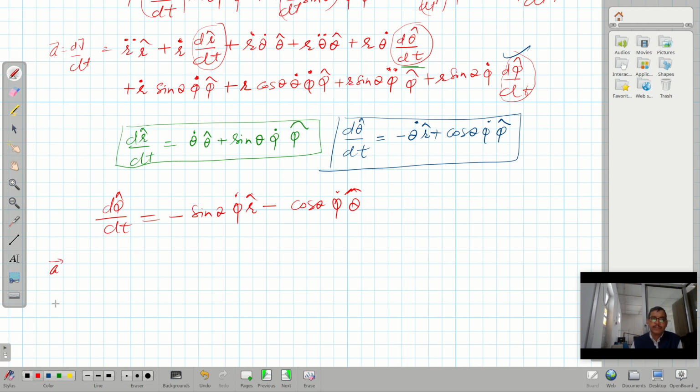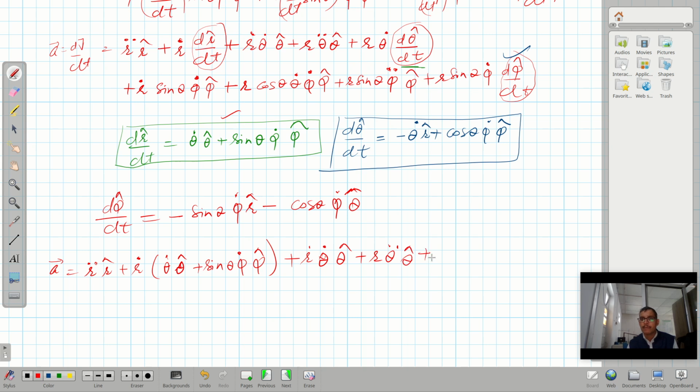Therefore acceleration will become r double dot r cap plus r dot, the value of which is theta dot theta cap plus sin theta phi dot phi cap, I put it here, plus r dot theta cap plus r theta double dot theta cap plus r theta dot, and the value of this will be equal to minus theta dot r cap plus cos of theta phi dot phi cap